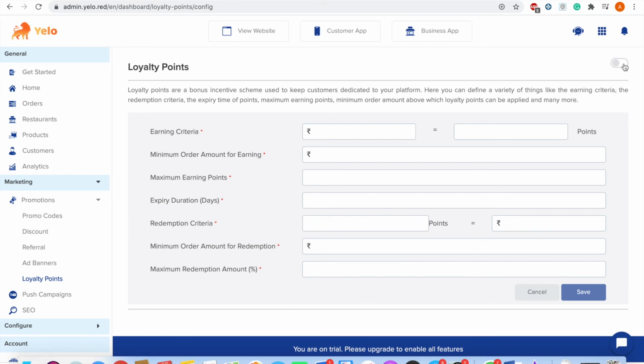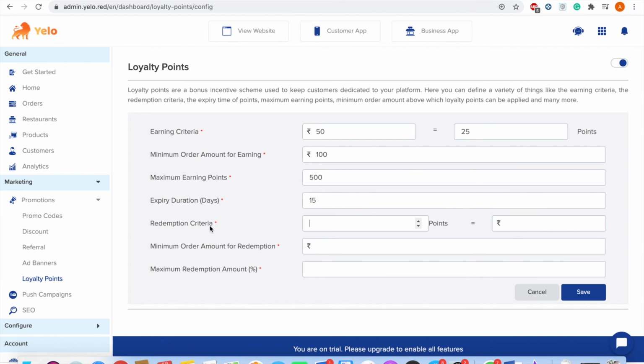So let's just enable the loyalty point section and just put 50 rupees is equal to 25 points, and you can even set the minimum order for getting the points, and you can even set the maximum earning points, and there is an option for expiry duration for the points.